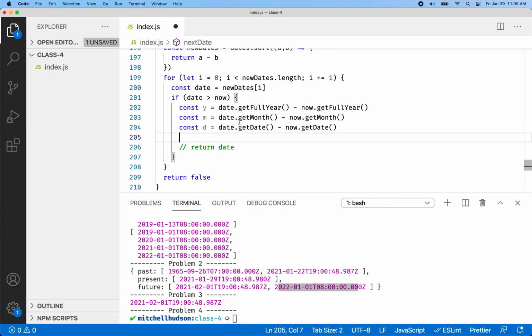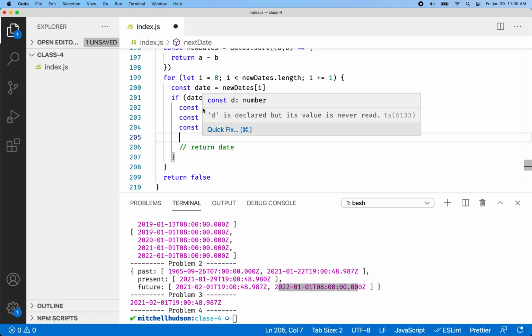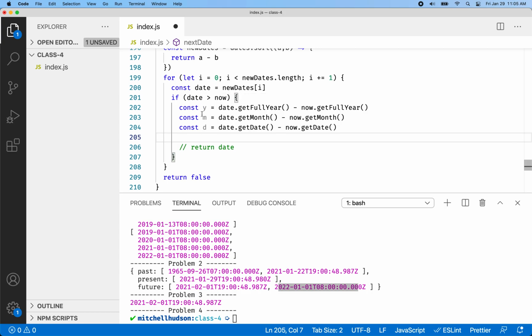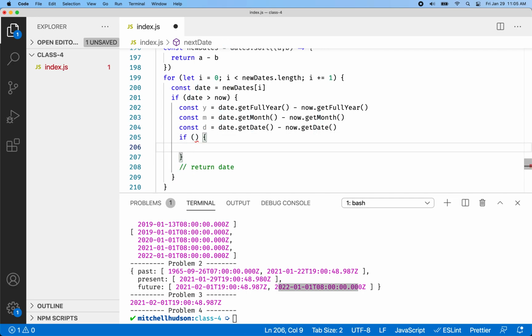And our string is going to be dependent on one of these factors here, right? Whether the year is greater, month is greater, or day is greater. So, and again, we'll just do a quick naive answer here. So what I'm going to do is I'm going to say, hey, if year is greater than 0, then I think that your appointment's going to happen in 1 year or more. Okay? So I'll say, hey, your appointment is in